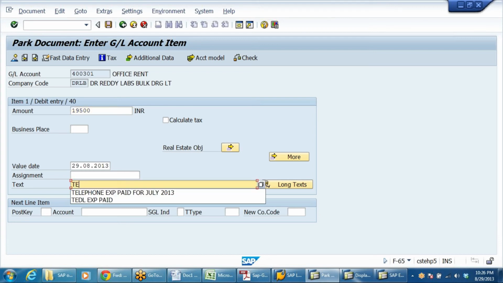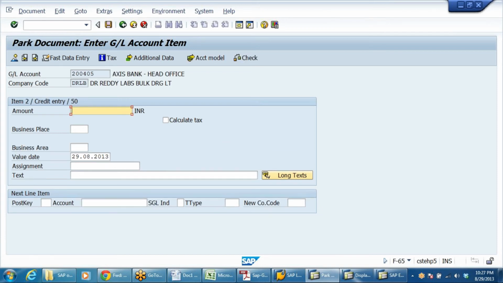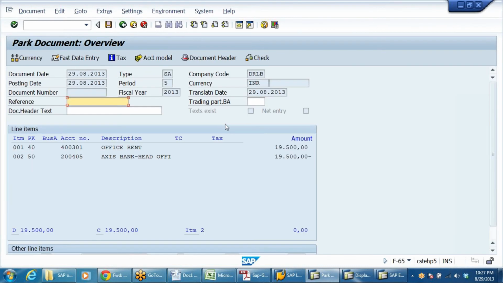Just I am taking here as a test for document parking. 50 is the posting key. Bank account 200405, 19,500. So it is shown like this.